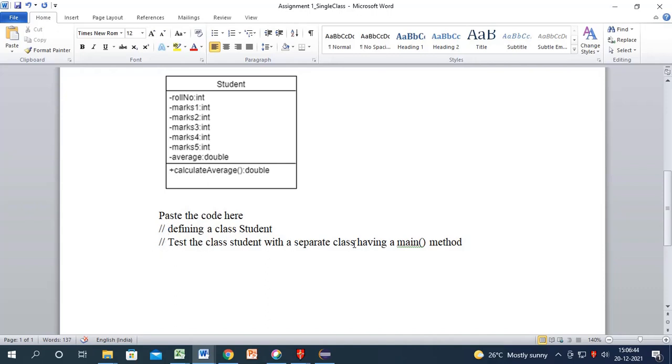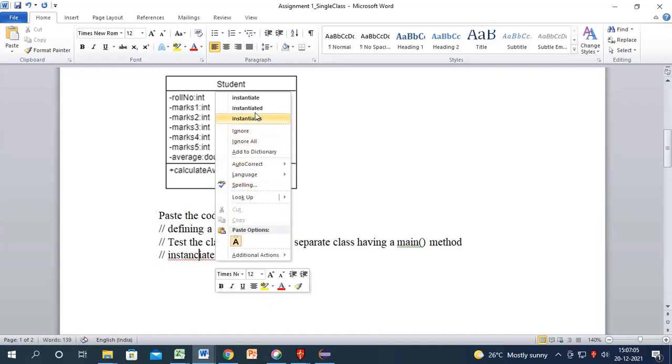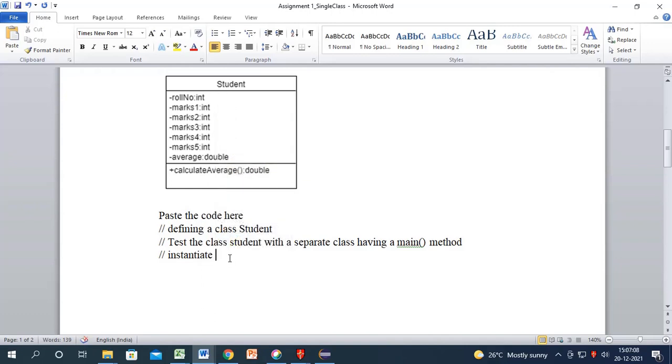Now in this testing of the student class, what is it that you will be doing? You will come up with, instantiate three objects of the student. How do you do that?